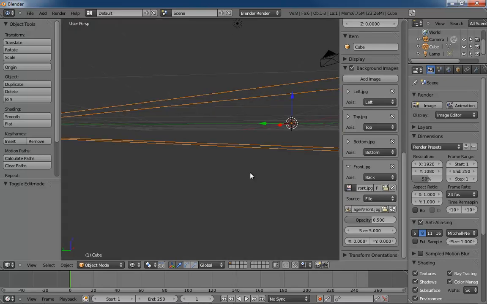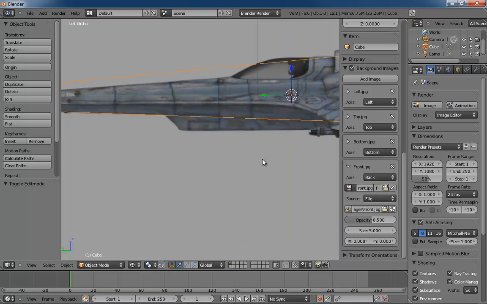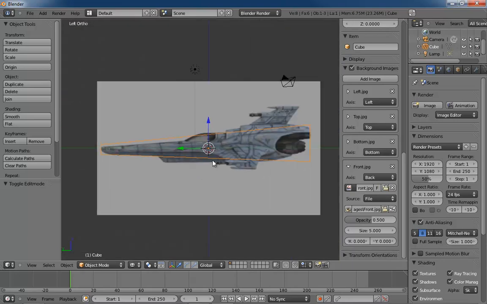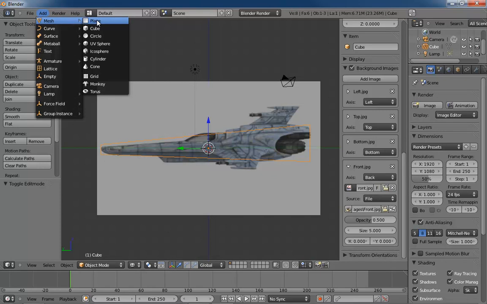So let's go back into wireframe with the Z key. Let me hit Control 3 to stay in this view. And we'll zoom out a little bit. Now, what I'm going to do is create another object. That whole tapering thing was very cool, but it was really just there to kind of show us where we should be putting that image for the front and the back. However, it does make things a little bit interesting for figuring out where the top and bottom of our ship are going to be. So let's go under Add, and I'll bring in a new mesh,